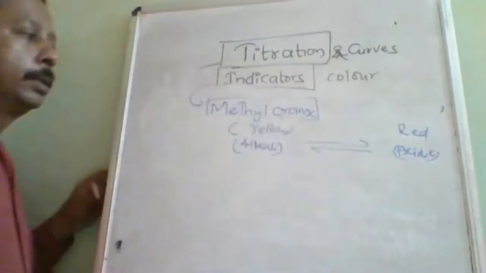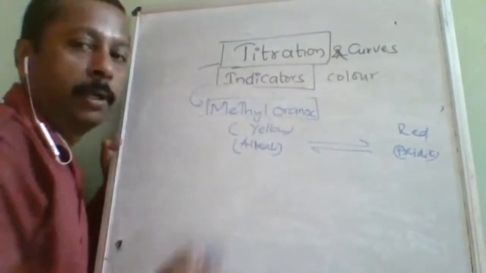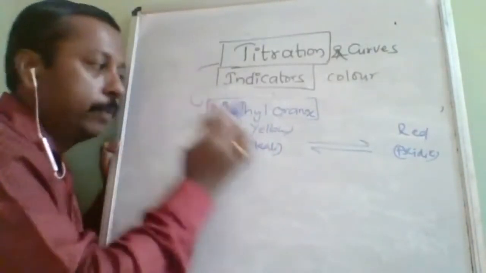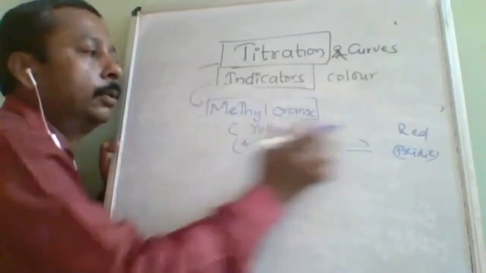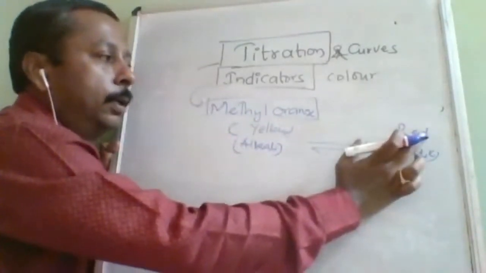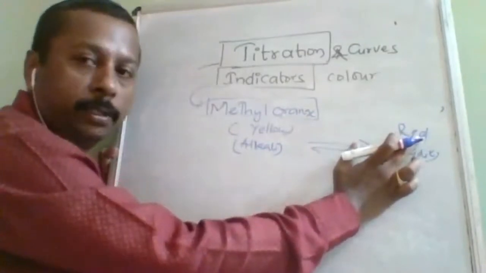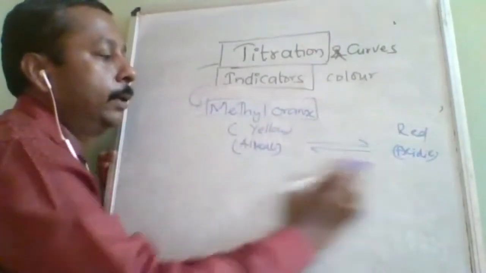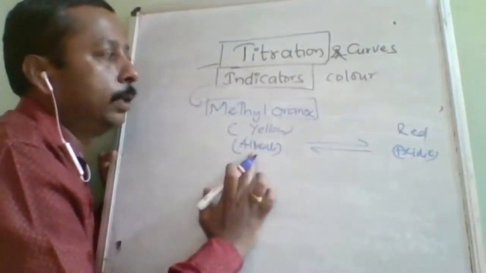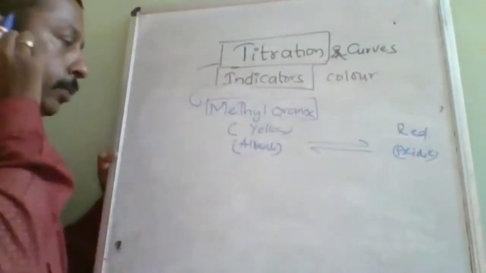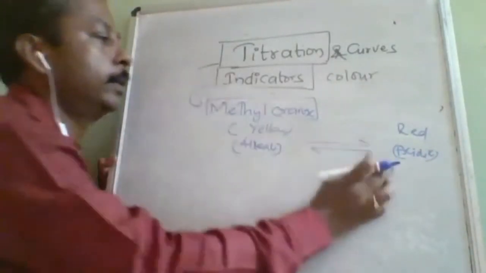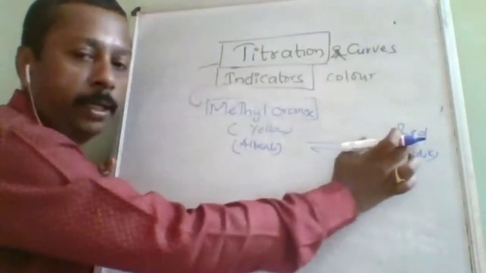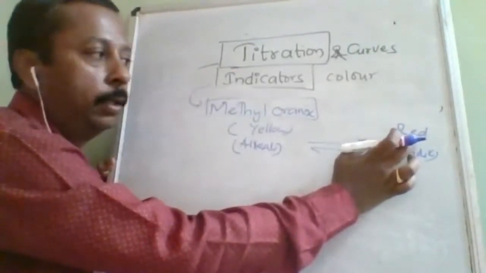So methyl orange is an indicator. Why? Because it possesses two different colors. What is the first color? Yellow or colorless. That means the yellow color is very dull, so that we sometimes feel there is no color at all. But when you change the medium to the acidic medium, it converts into red color. Acidic medium red color, basic or alkaline medium yellow color. So when you find the concentration of an acid and put this methyl orange indicator into the acid, the entire solution is going to be red in color.